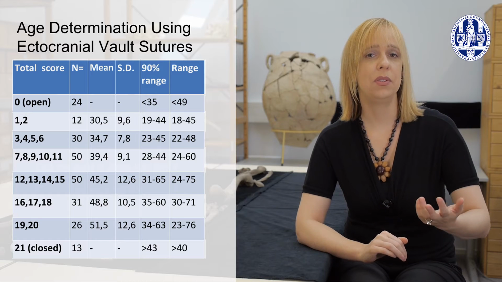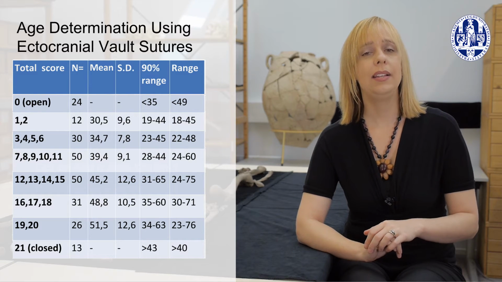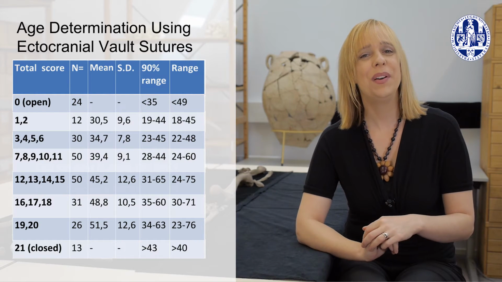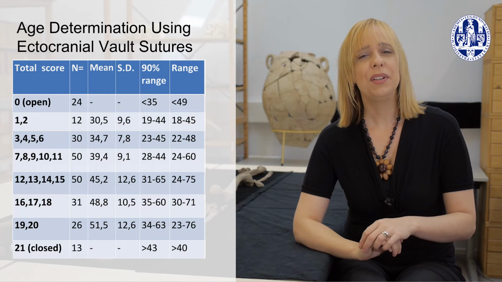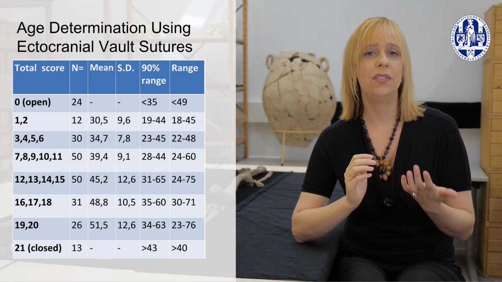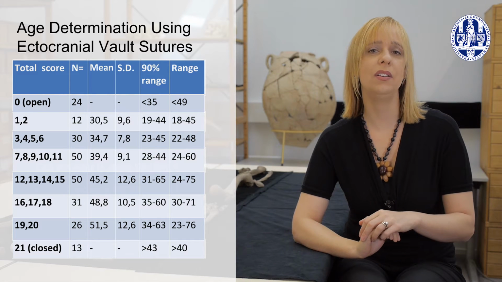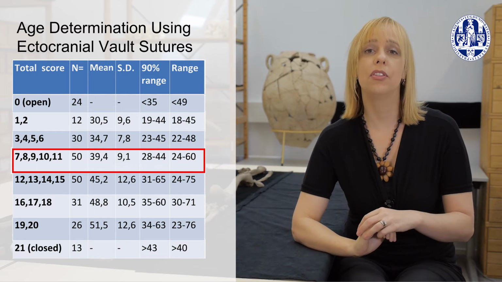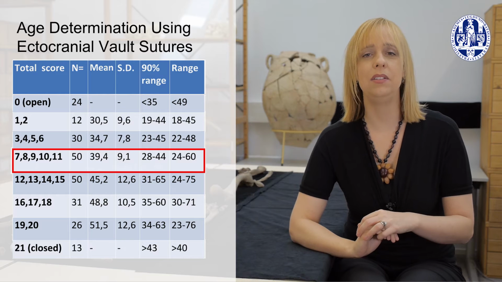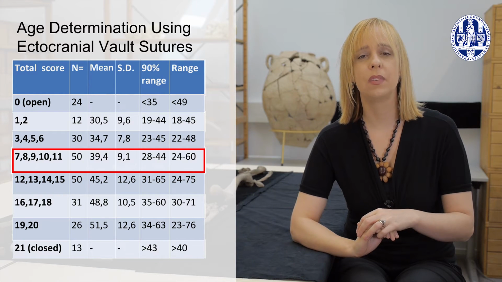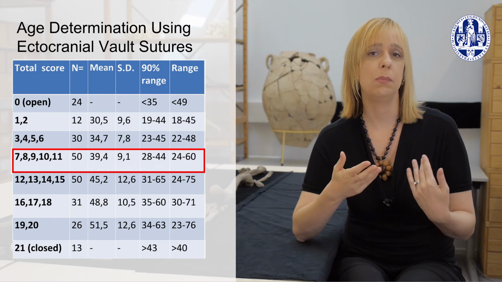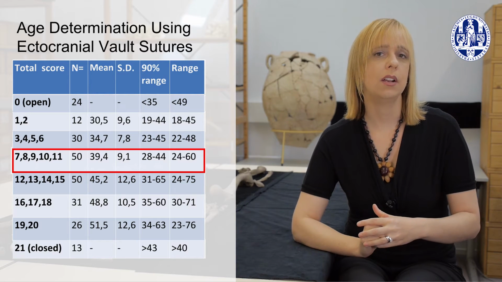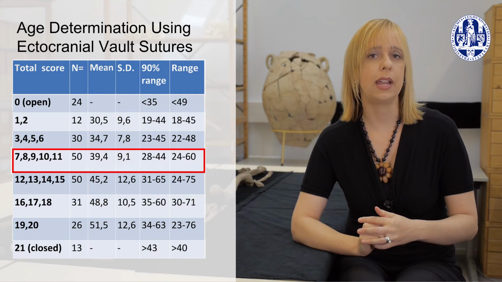So one then adds up the scores given to the suture areas and compares that cumulative score to the tables provided by Meindl and Lovejoy. One of the tables is shown here, and you can see how if you had a cumulative score of 9 for the 7 suture areas on the cranial vault, this would put you into this row and give you a mean age estimate of 39.4 years with a standard deviation of 9.1 years. You can think of the standard deviation as a plus-minus factor,